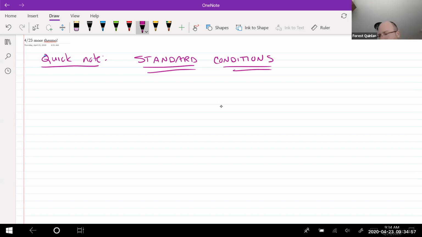standard conditions for thermodynamics. As a quick little explanation, standard temperature and pressure for gases was put at 0 Celsius to remove any water vapor that would be in the atmosphere. We don't have to worry about that for thermodynamics, and we're going to do everything at actually room temperature. So standard conditions, we're going to denote standard conditions